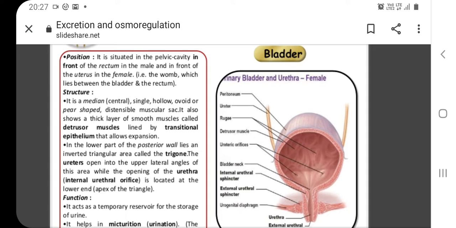Now about the bladder. Bladder is situated in the pelvic cavity in front of the rectum in male and in front of uterus in female. It is median, single, hollow, ovoid or pear-shaped,